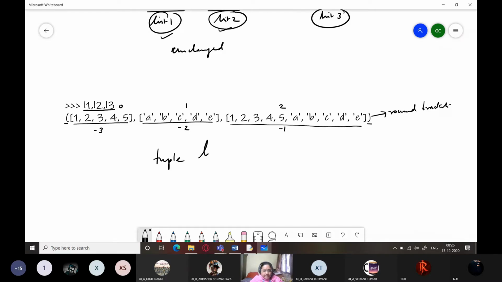So you can say it is a tuple of list elements. Every individual element within the outer tuple is a list, and the lists are further a collection or a sequence of elements inside, whether character or numeric or alphanumeric. Got it? So it returns all the three in the form of a tuple.